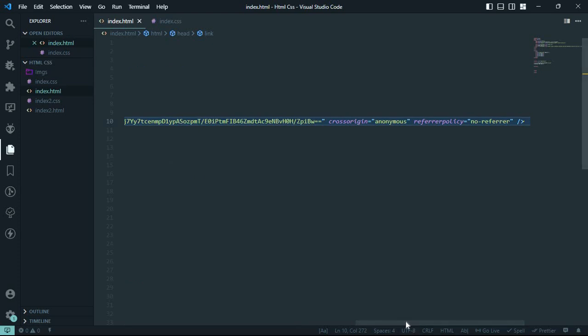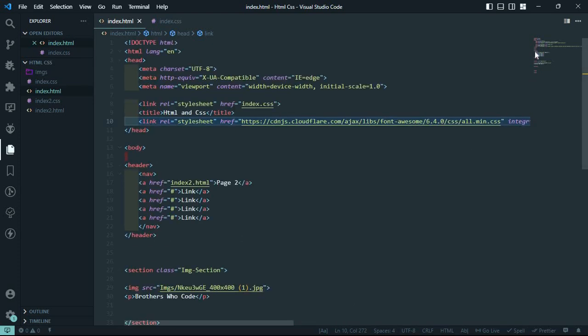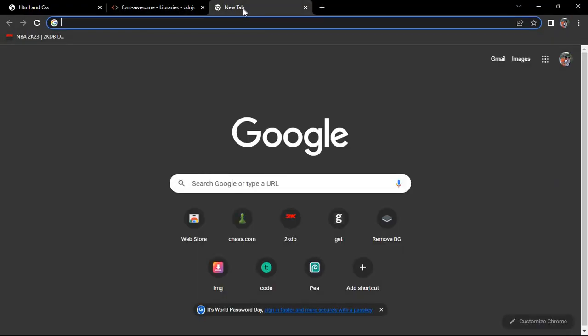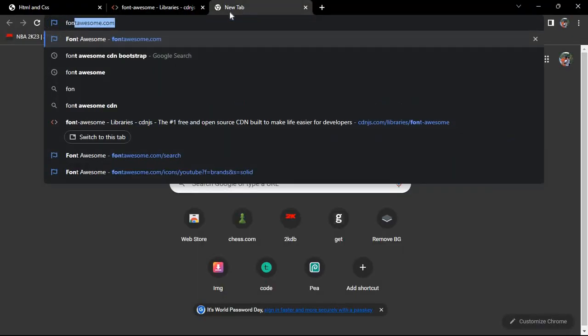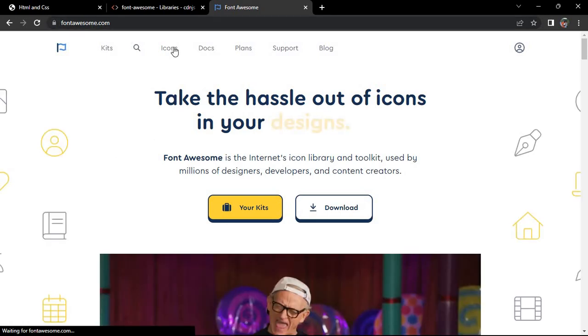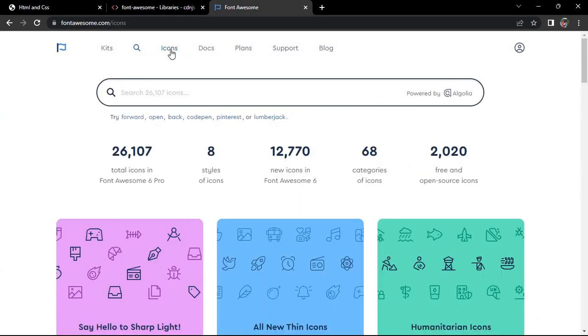So now that you've copied this in here, this will allow us to put the fonts into the HTML and CSS. Because before, it's not going to be able to detect it, because it uses class names in order to actually read the fonts. So then you want to come here to fontawesome.com, just look up Font Awesome, and then you want to hit the icons tab here, and just search up whatever icon you want. So, for example, YouTube,